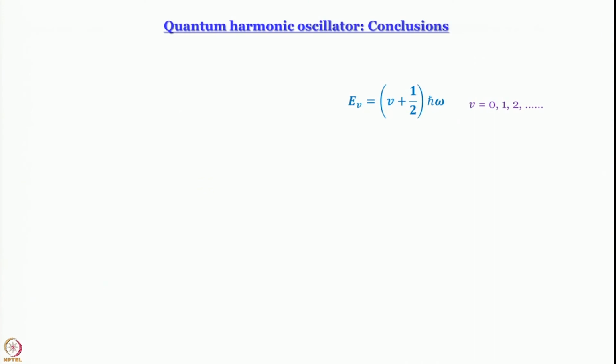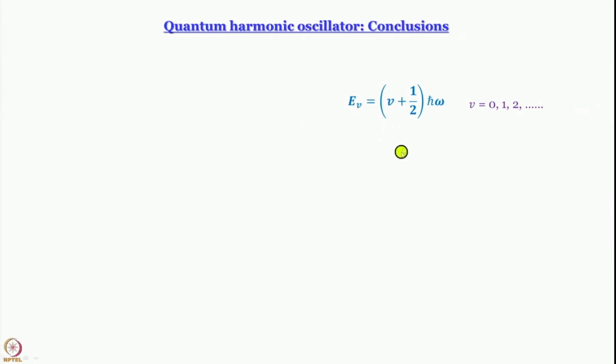Right. Now we can conclude our discussion on quantum harmonic oscillator. We have not really done everything. There are certain things that are left, but we are going to give some of it as a tutorial problem, assignment problem to you. But let us summarize what we have learned. First thing we have learned is that when we use quantum mechanics, very naturally vibrational energy of a harmonic oscillator turns out to be quantized. The quantum numbers range from 0 to in principle infinity, and the energy of the Vth level turns out to